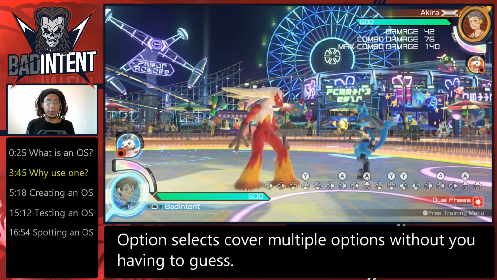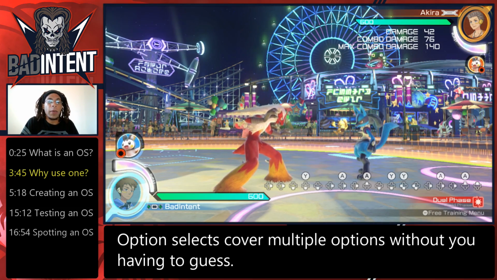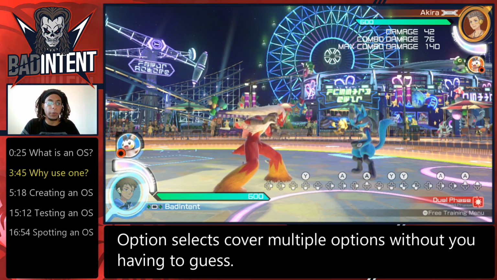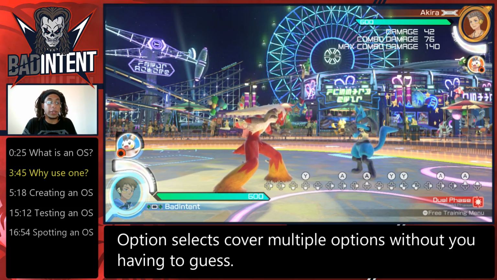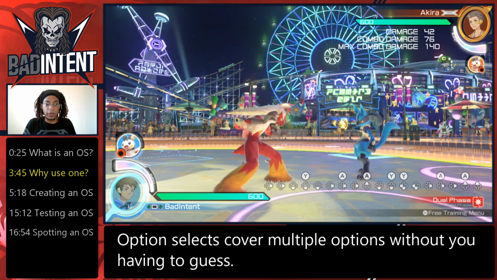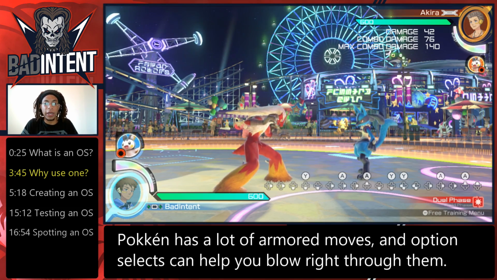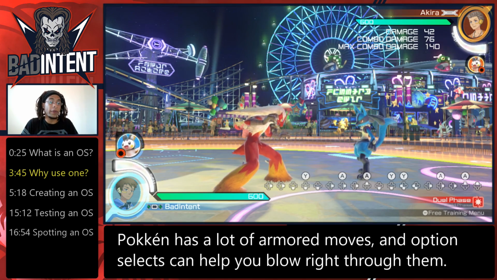So why would you want to go through all this work? Why use an option select? The simple answer is to be able to cover multiple options without having to guess. Pokken has a ton of armored moves. Actually, one of the reasons I didn't really like this game when I first picked it up is because I felt the opponent could always reversal whenever they wanted, because every character in this game has frame 1 armor on their counterattack, and most characters have a command counter or frame 1 red armor move,